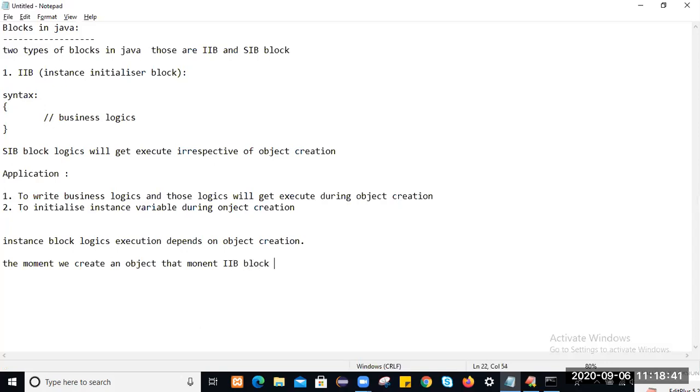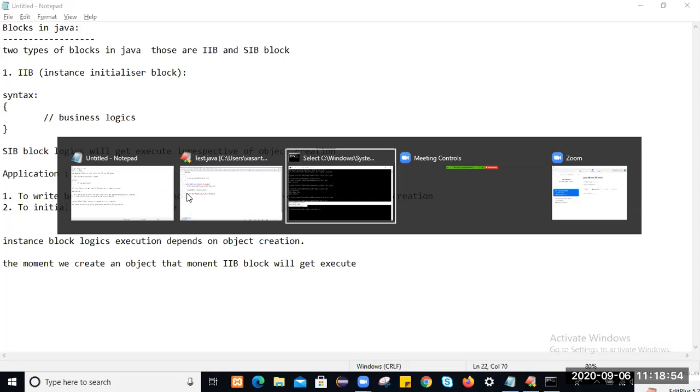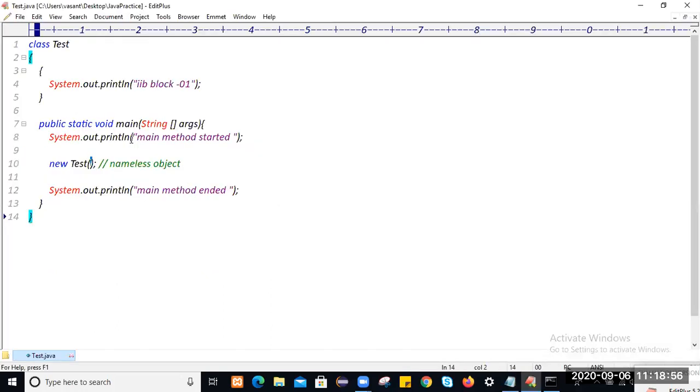That is called an instance block. So IIB block execution depends on object creation.